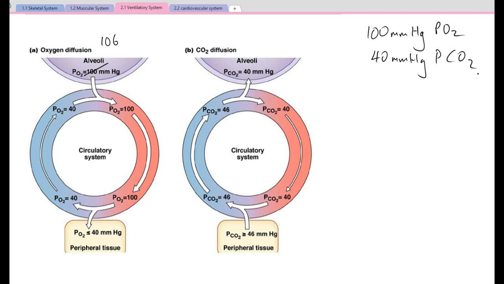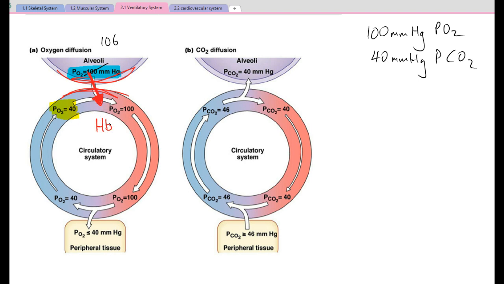As the blood is moving past our alveoli, the pressure of oxygen at that point in time is low. It's approximately 40 millimeters of mercury. Now, because of the pressure gradient being higher in the alveoli and less in the blood, the direction of movement is going to be that the oxygen diffuses across those cell walls, so the alveoli wall, the capillary wall, and into and attaching to our